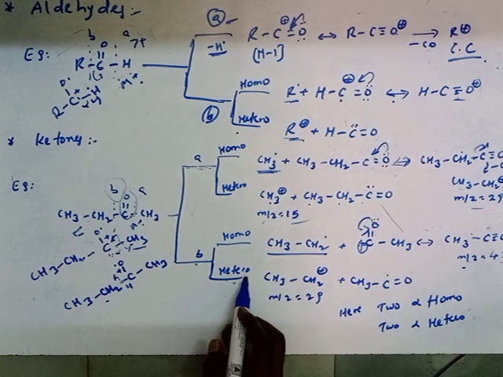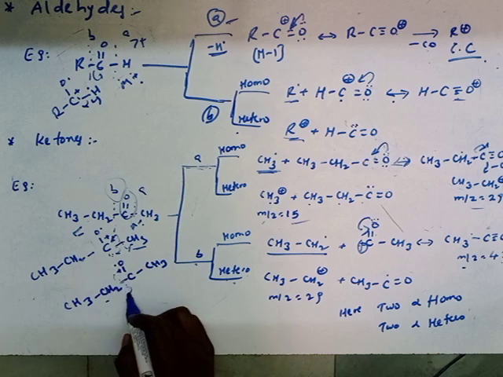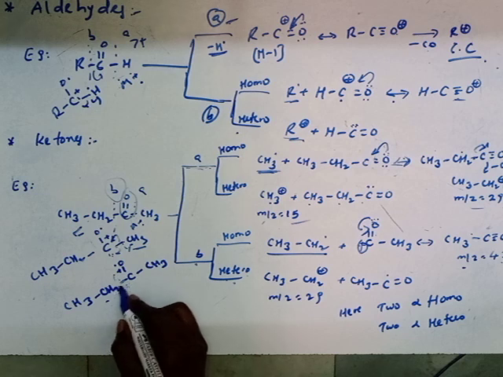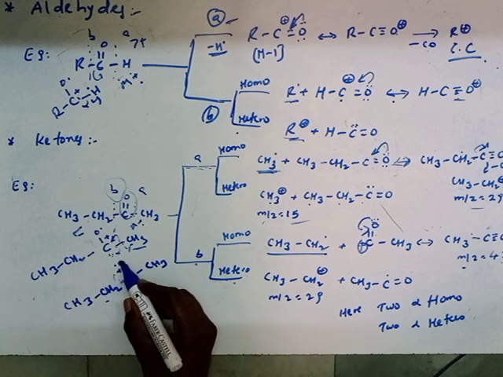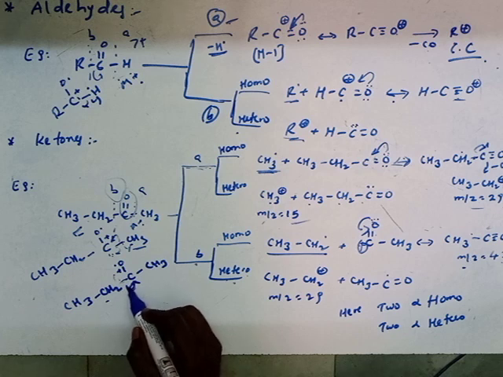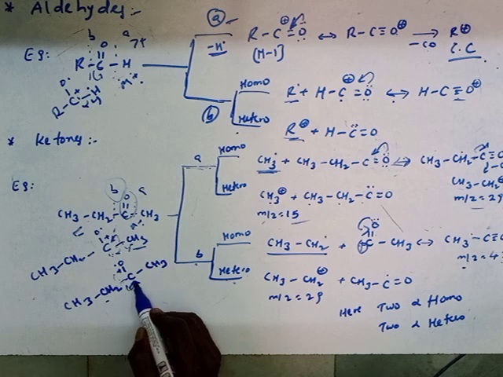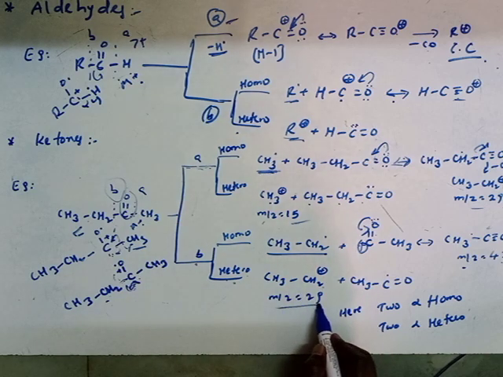And similarly it can undergo heterolytic cleavage. Heterolytic cleavage is nothing but the bond electrons moving to only one side, that is the carbon atom. So this carbon, either this side or this side, but here we are taking this side, the bond moves to here. Why? Because it is a functional group, C double bond O, so it will attract the electrons from this bond. That's why the bond electrons move to here, but not to here. Okay? So the total electrons come to here. So the bond electrons are lost. That's why it is a positive charge, and its m/z value is 29.